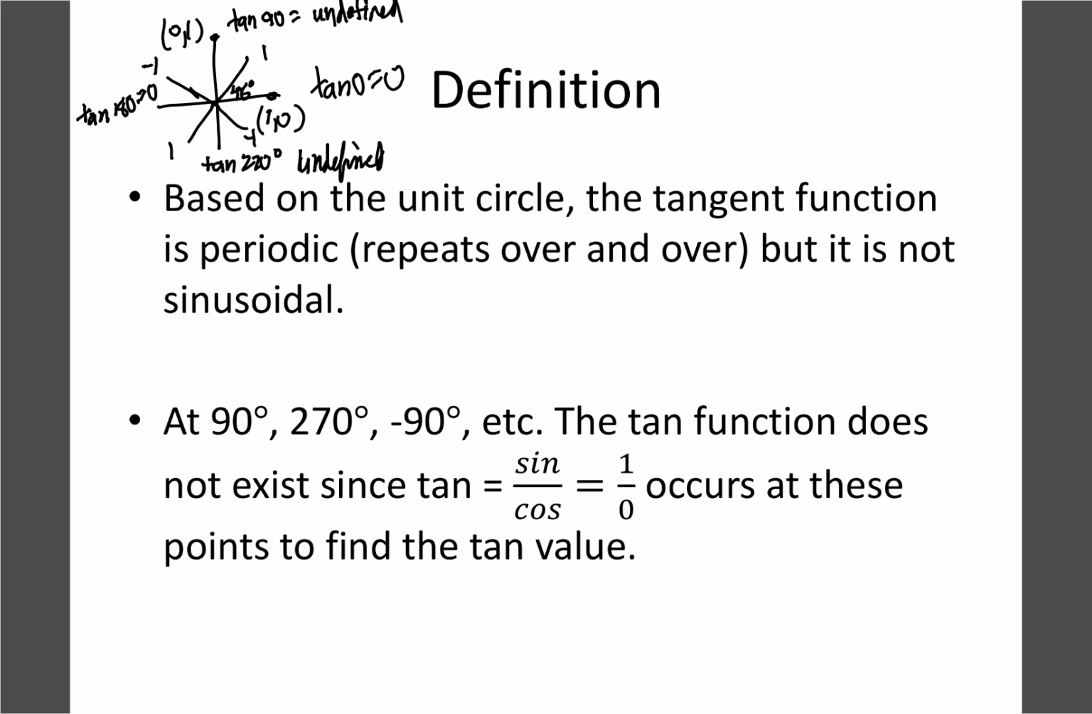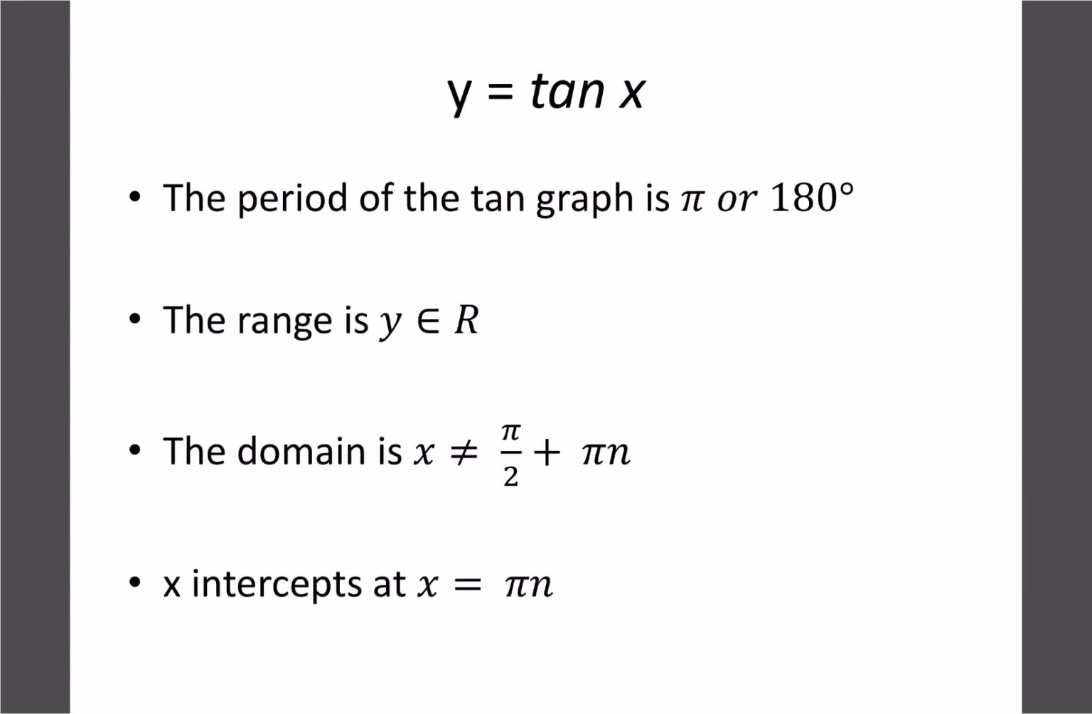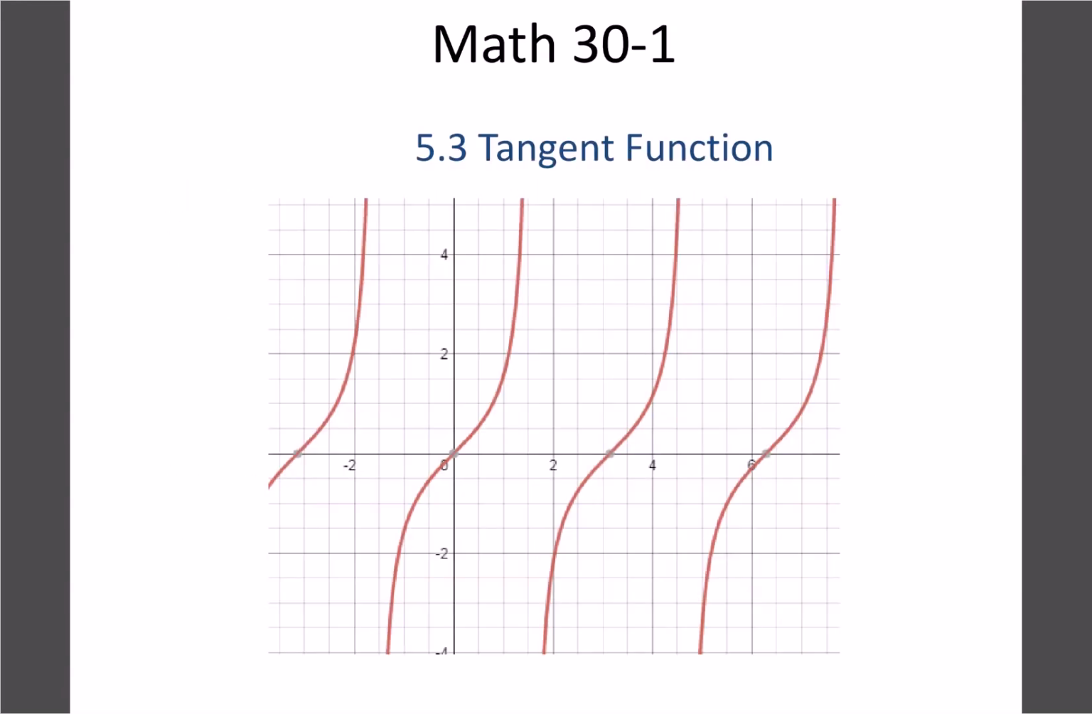So we do get some undefined values, which are going to give us asymptotes. Remember, an asymptote is a line the graph never crosses. And we get then the repetition. So our graph goes from undefined through the 0, through 1 and negative 1, and then it continues to go undefined again. So what happens with these graphs is, let's go back to the title page,